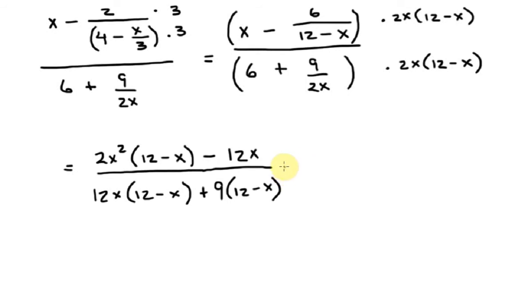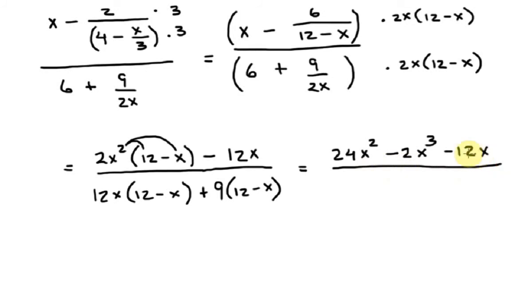Okay, so the next thing I can do now, let's expand out everything and see if we got any like terms that go together. So this is going to be now 2x squared times 12. So that's 24x squared. And then 2x squared minus that x. So that's going to be minus 2x cubed. And then I got minus 12x. Okay, so there's the numerator, and none of these are like terms,